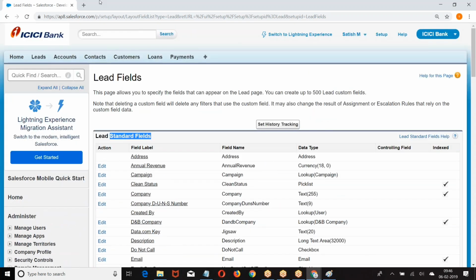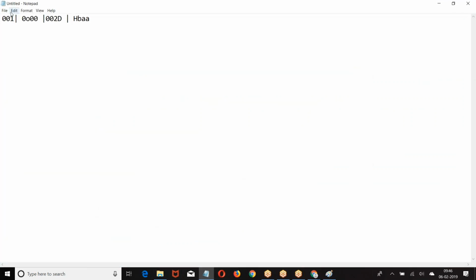Okay. Let us go to custom field. What is a custom field? The field which you have created is called a custom field. Now the question here is, when you want to create your own field, what are the different types of fields you can create? What are the data types we have? Now let us look at this context here. Try to understand the data types of the field. First one,